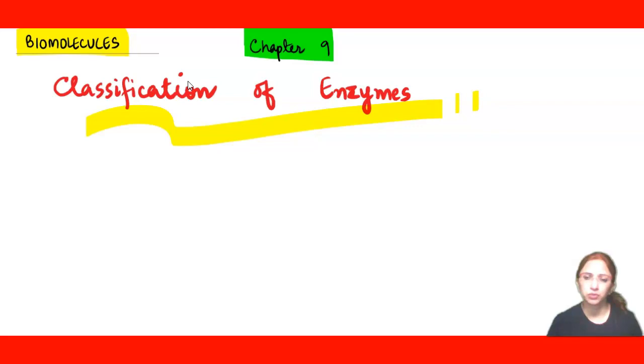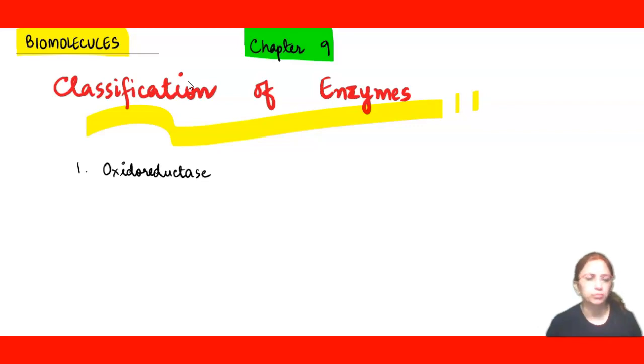In this video, we will study the classification of enzymes and also about holoenzymes. Classification of enzymes has been done and they are being divided in 6 classes. Remember, these are the classes that are made by the scientists, so we have to follow the order which is being given by them. So the first class is oxidoreductases.